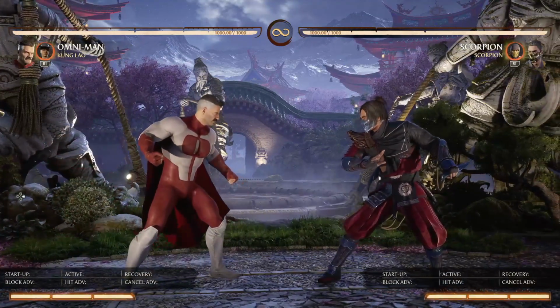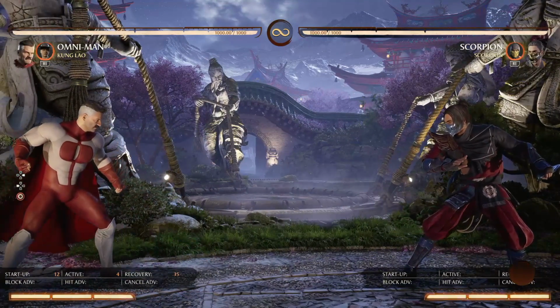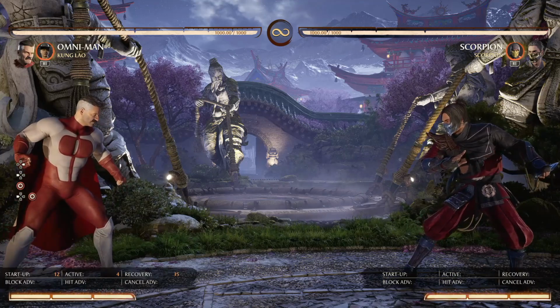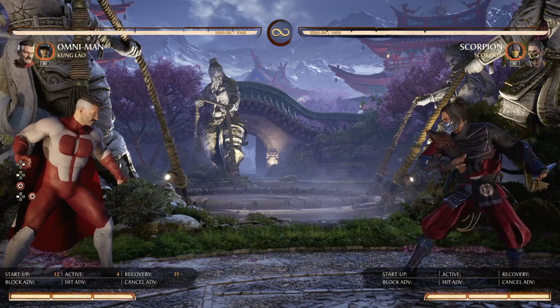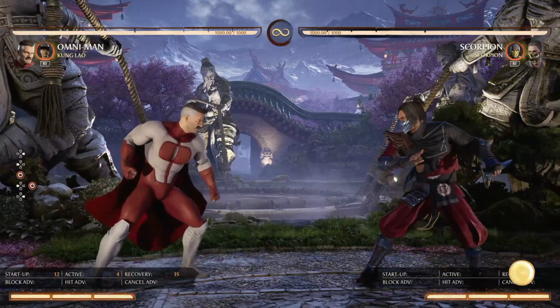Now his sweep is very good, because most characters sweep. What you realize about the sweep at first, this is a sweep, back 4. This is 35 frames of recovery, right? Which means if you whiff this, you're gonna be sitting here for a pretty long time. But the thing is, his sweep is different. If I hit his sweep,